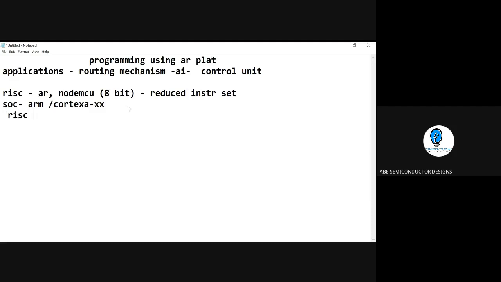And what are the RISC architectures nowadays? We explained that Arduino, Node MCU, and every embedded system, such as 99% of all your processors, belong to RISC. There is no kind of CISC case like PowerPC. So 99% of all the boards are RISC architectures, and all of them find an application in the IoT sector.